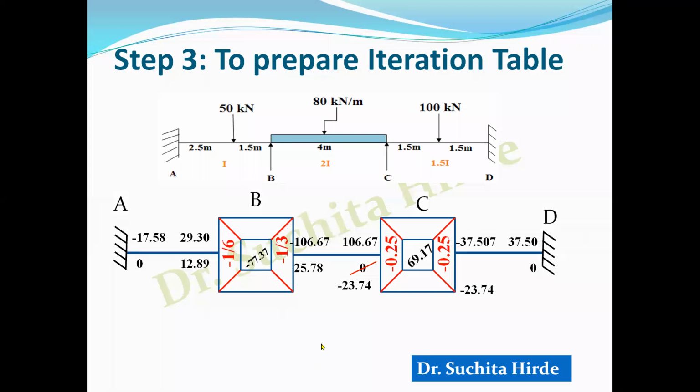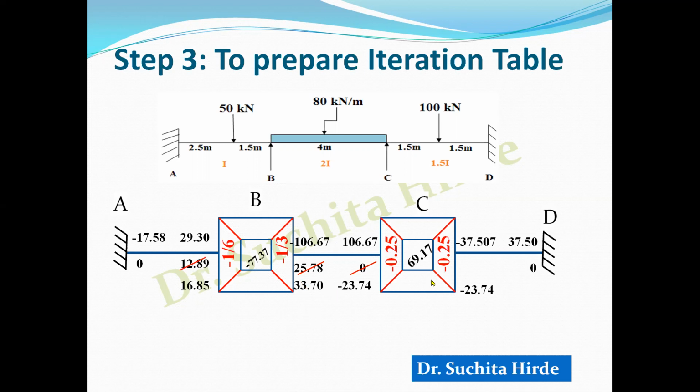Before we start the second step, we will first cut these initial values and now we will write the new values. What will be the new value here? Here it will be 0 plus minus 23.74 minus 77.37. This is that bracket. To this multiply by this factor right here. You will get 16.85. Multiply by minus 1 by 3, you will get 33.70. So now we have the fresh value for rotation contribution for BC.